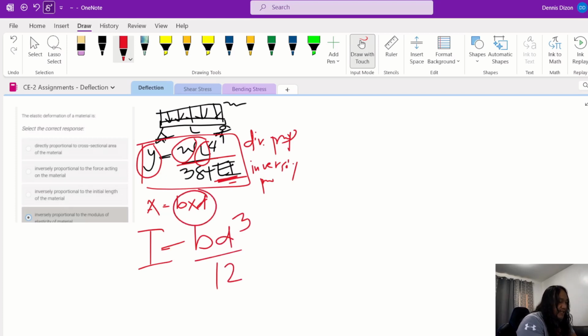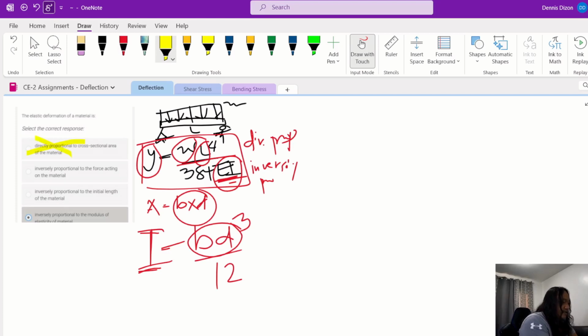So this B times D, your cross section, is part of the equation in getting your I. So therefore, the first choice, which is directly proportional to the cross-sectional area of the material, is not correct because the width and the depth of your section is always inversely proportional. So letter A is